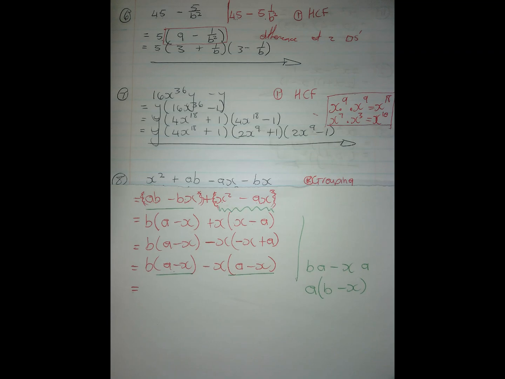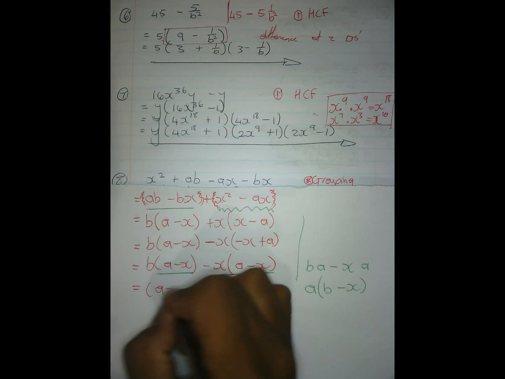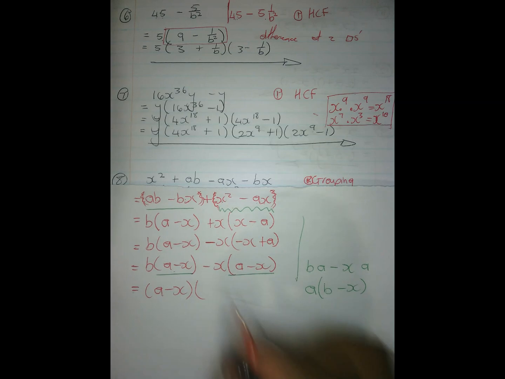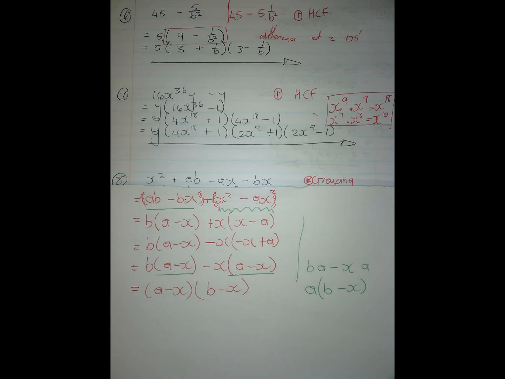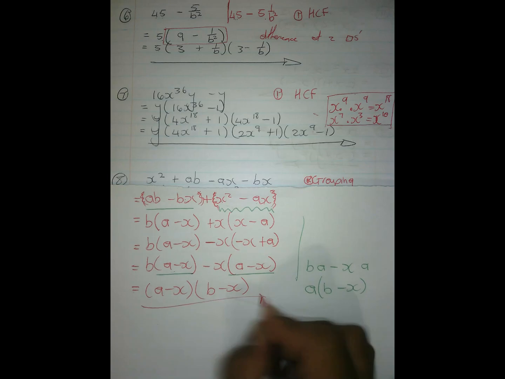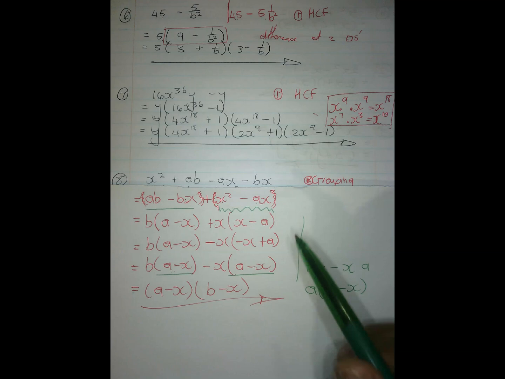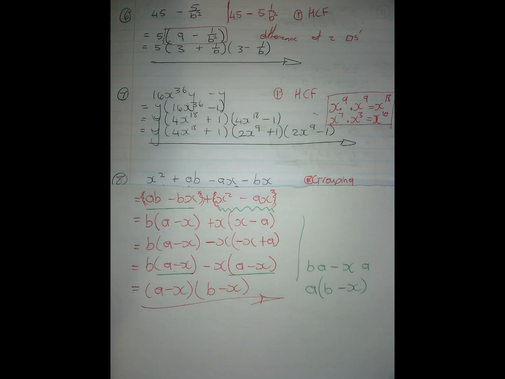Alright? So what I do now is I have an A minus X as my highest common factor. What's left over is a B minus X. Alright? Then I'm done. So important thing to note, whenever you are doing grouping,